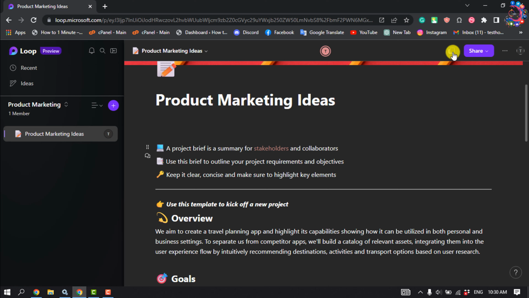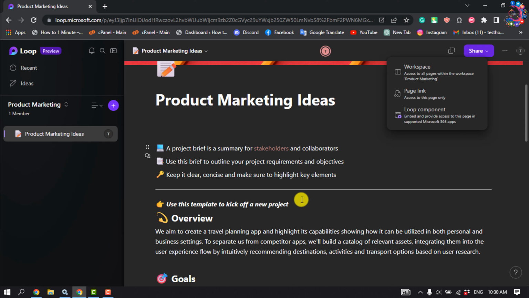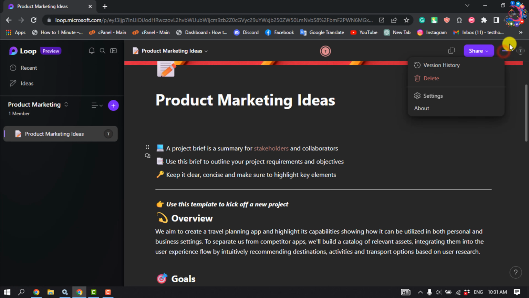And to share this workspace, click on share. If you want to give access to all pages within the workspace, then you have to click on this first option, and if you want to give access to only this page, then you have to select this option and click on this three dot. From here you can see your version history. You can delete the workspace, and